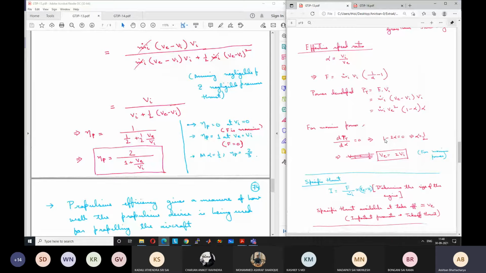As a result, for shorter distances, you cannot accelerate your aircraft to a very high velocity because the distance is not sufficient. We have discussed this previously also. We'll discuss it again later. For very short distances, even a turbofan does not make sense, because your aircraft will not be able to reach that kind of velocity of Mach 0.9.